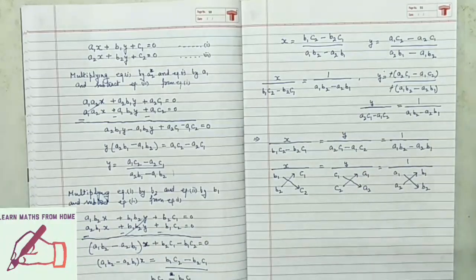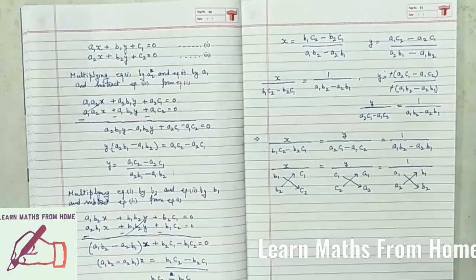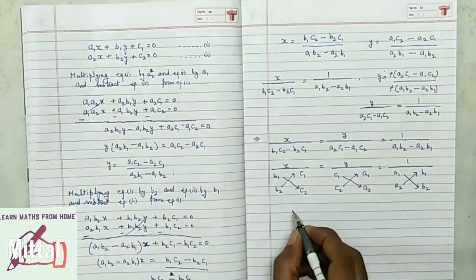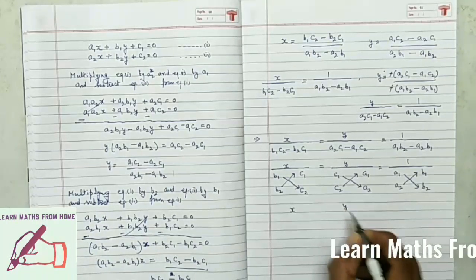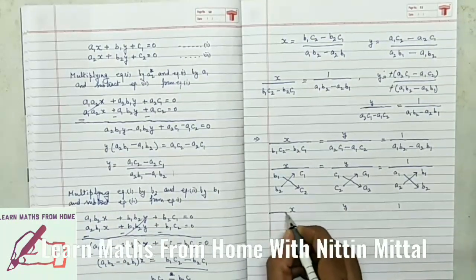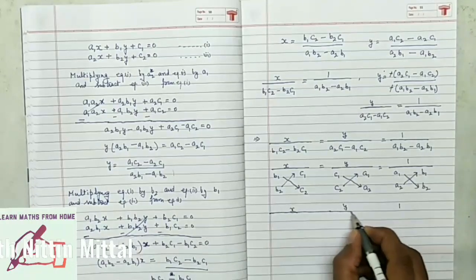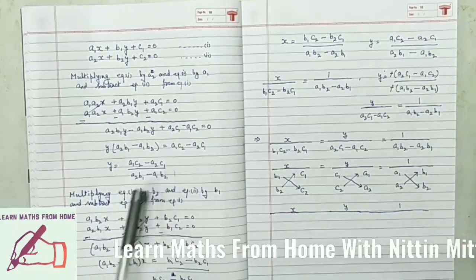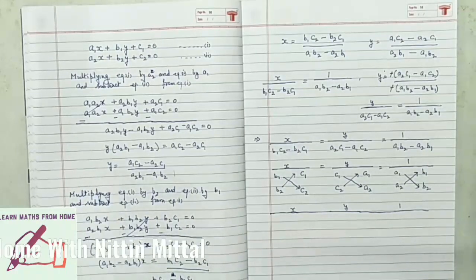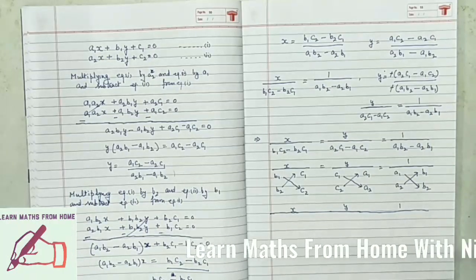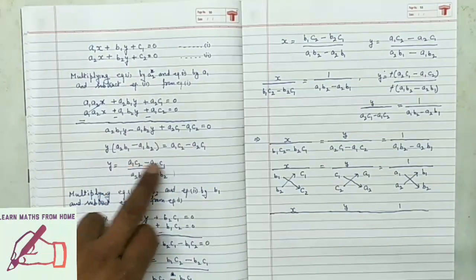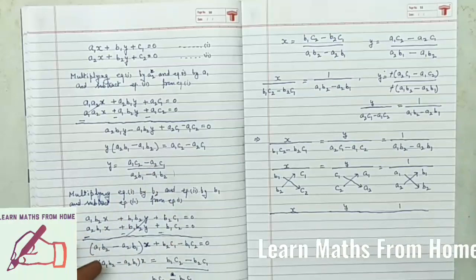Now further, when mathematicians derived this method, to make it easy for the students, they made it in diagram form, x y 1, and they wrote it like this so that students can learn it easily, because it is very difficult to learn, no? How can you remember y equal to a1 c2 minus a2 c1 over a2 b1 minus a1 b2 and the same for x? You can't remember this, no? If you remember this, you can directly put the coefficients here and you will get x and y directly.